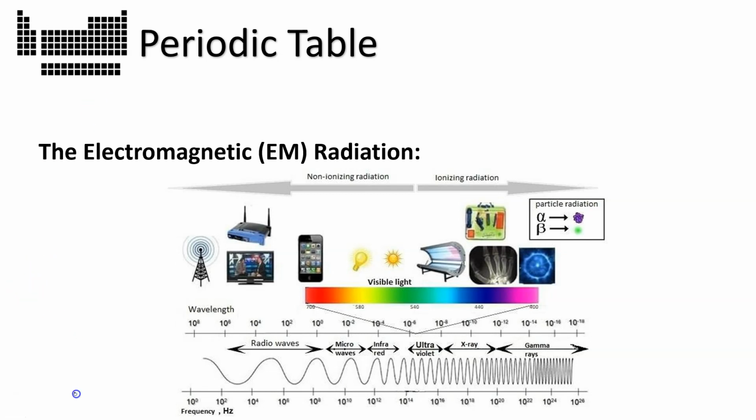The chart we're looking at now shows all the different types. The type that human beings can see with our eyes is just this teeny tiny little band right here, and these diagonal lines break that out into the colors that we're used to. Red, orange, yellow, green, blue, violet, that's the spectrum of visible light. That is one type of electromagnetic radiation.